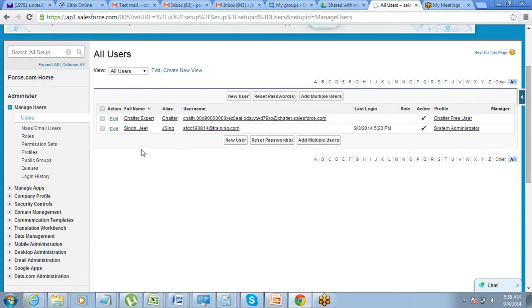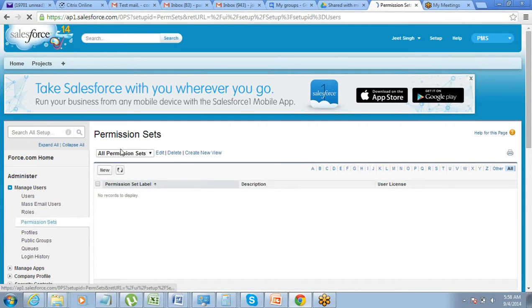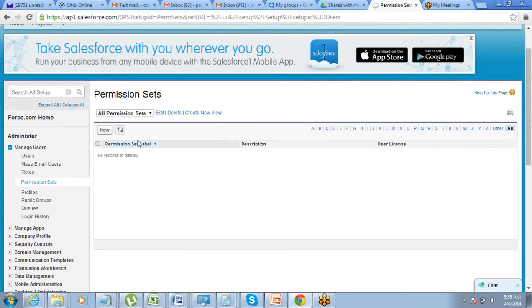What we have to do here is go and click on permission sets. Click and create a new permission set.